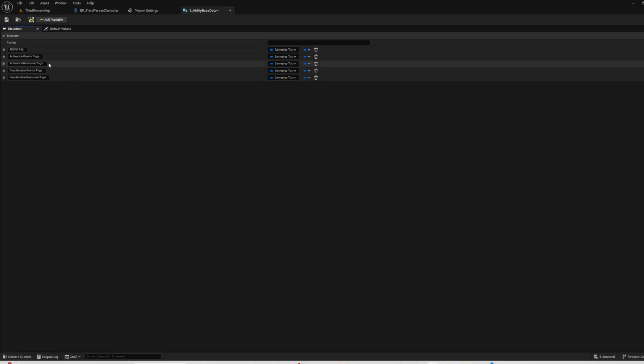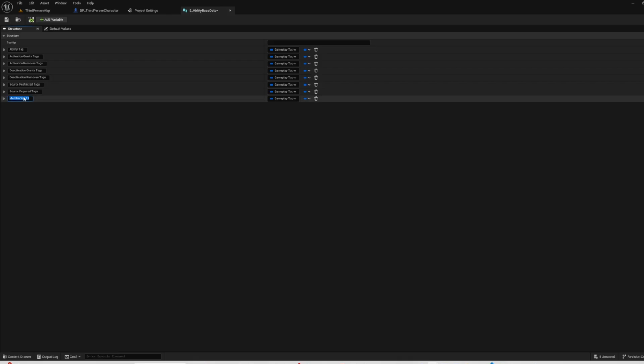I have never come across an instance where I wanted to remove tags on activation or grant tags on deactivation. The only thing I can think of is if you're setting up a Souls-like game, for instance, you could do some stuff with invincibility and things like that, but these are all there just to cover any instance you might run into. So we'll create another gameplay tag container, and we'll say source restricted tags and source required tags. And we'll make another one called target restricted tags